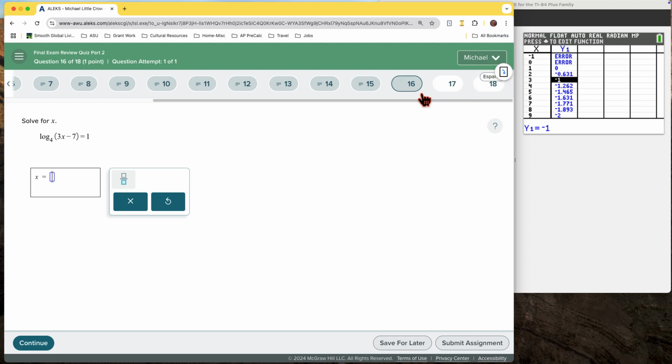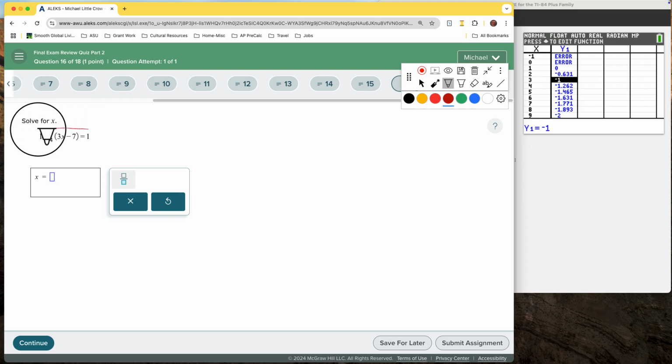Question 16 now. So we are asked to solve for x. We got this logarithmic function, and what we're going to do is something we did earlier. I call it the log dance. That's something new to you. We are just taking